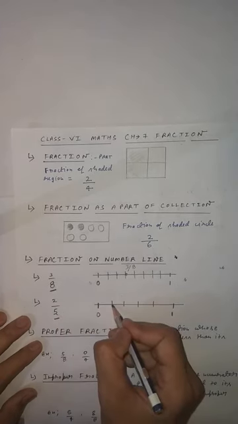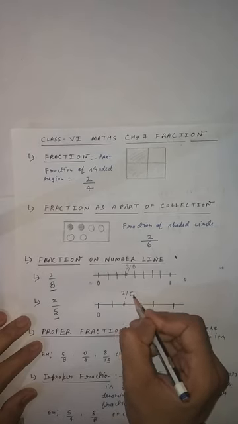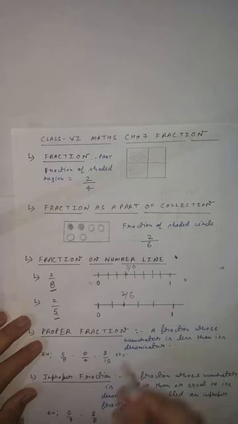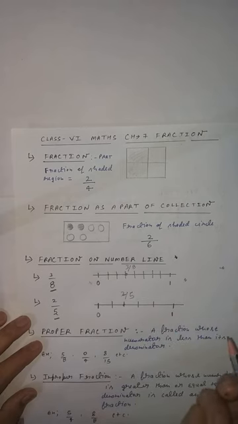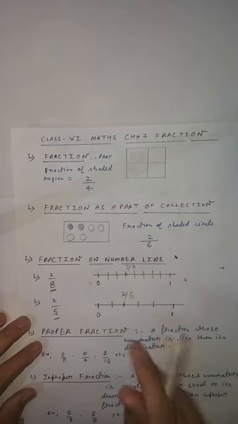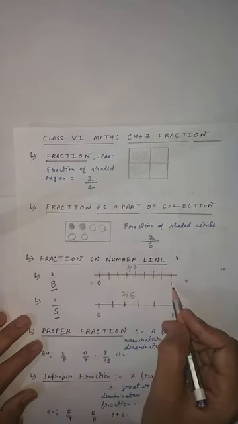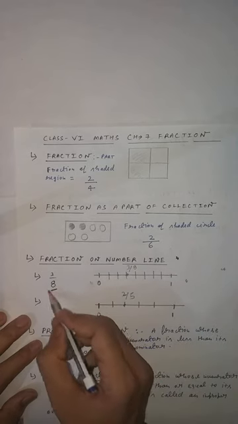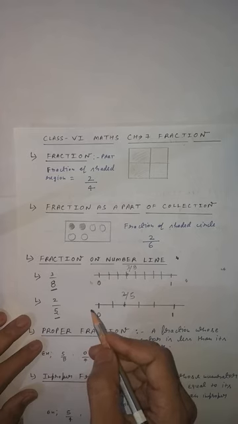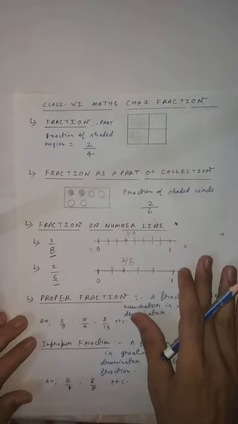So this is 1 by 5. This is our 2 by 5 which we need. So this is 2 by 5 and this is 3 by 5, 4 by 5, 5 by 5. Clear, student? So what is the rule of the number line, student? First we will check between which two integers the number lies. Clear? So roughly you can check in your mind. Second, you have to see the denominator and divide the number line in one less part. Clear, students?